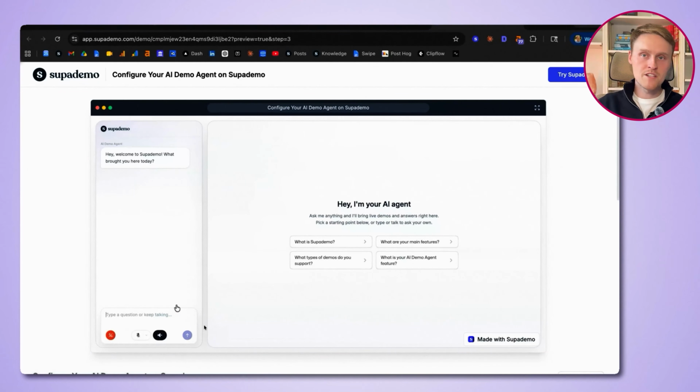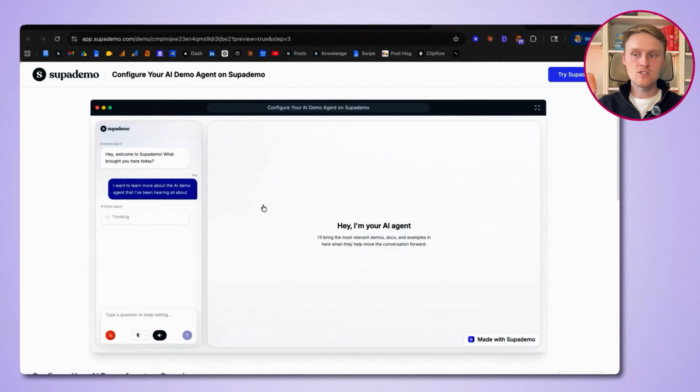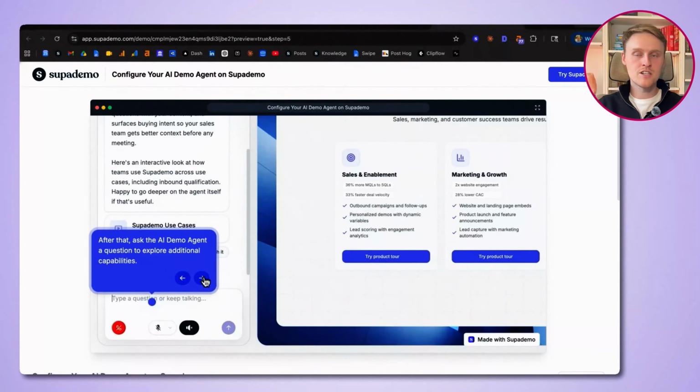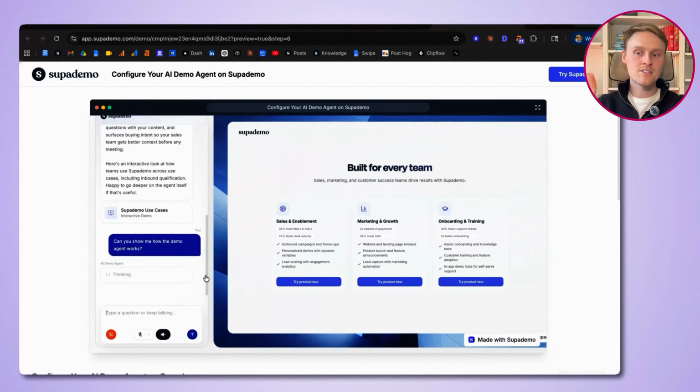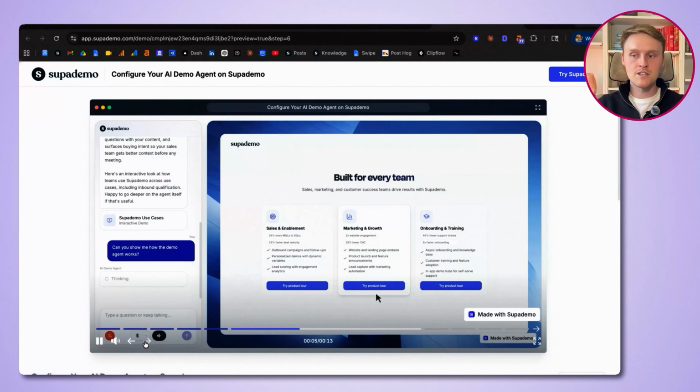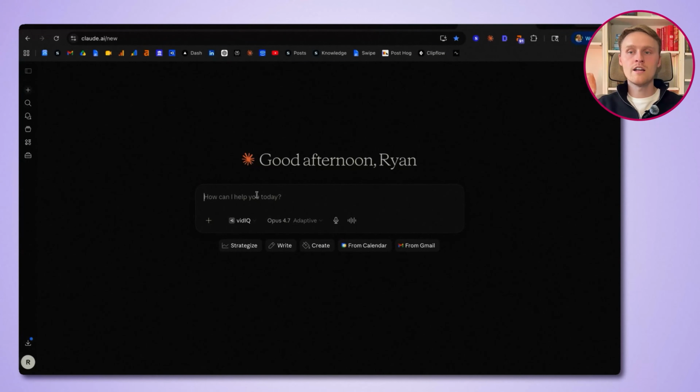Now this is okay because it shows exactly what I clicked and what I typed, but it is a little bit slow to look through, and it probably isn't going to capture their attention in the first 10 to 20 seconds, which is my main goal of this product demo: to show people that someone could come and ask questions, it answers with the relevant content showing up in the window, and then I want to show them the back end of it. So what I'm going to do is actually open up Claude in a new tab,